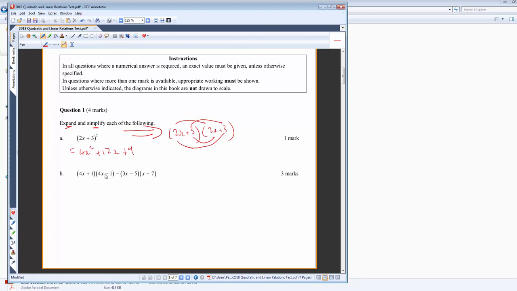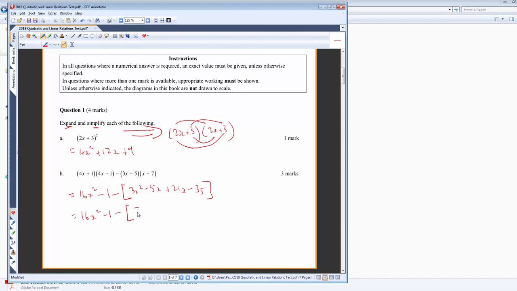Okay, so what we're going to do is 4x by 4x. So that's 16x squared. And 1 times 1 is negative 1. So we're going to go 16x squared, take away 1, subtract. And we're going to do the subtraction of all of the result of the expansion of this. So we're going to go 3x squared, take 5x, plus 21x, take 35. And I'm going to say that that's 16x squared, take 1, take away,